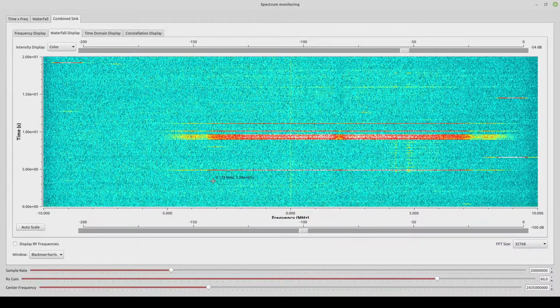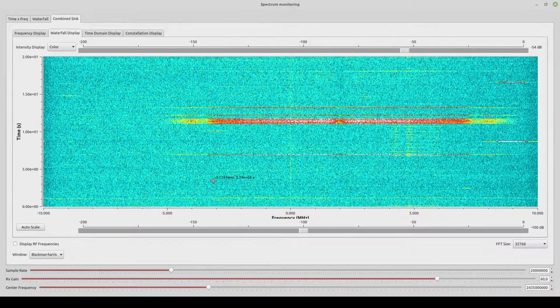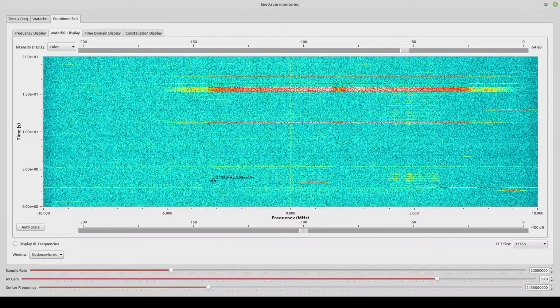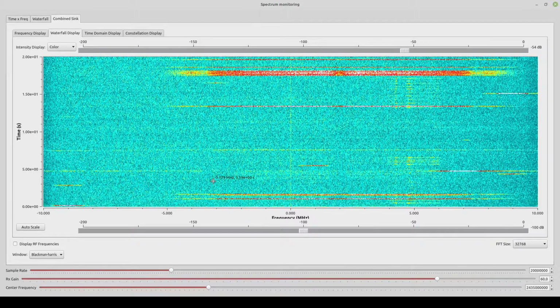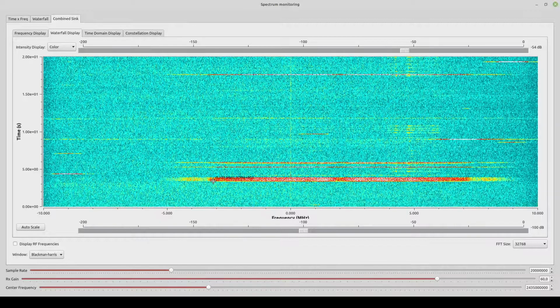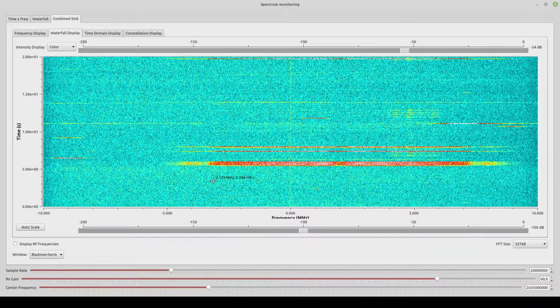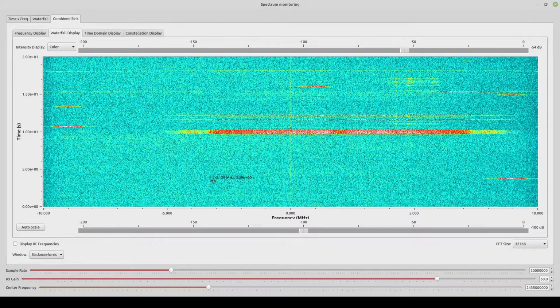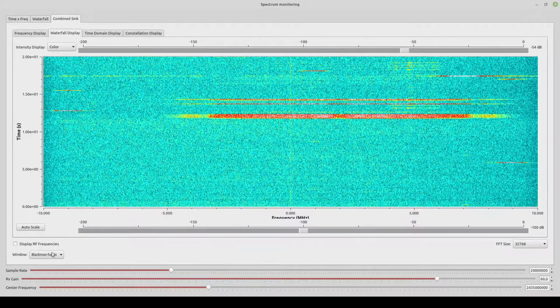And there is also the fact that, especially if you want to actually do something with the samples you receive, for instance decode them, then you need good computation power on the computer that receives the signals, and sometimes it's not enough. The computer may become overloaded. And when that becomes the case,